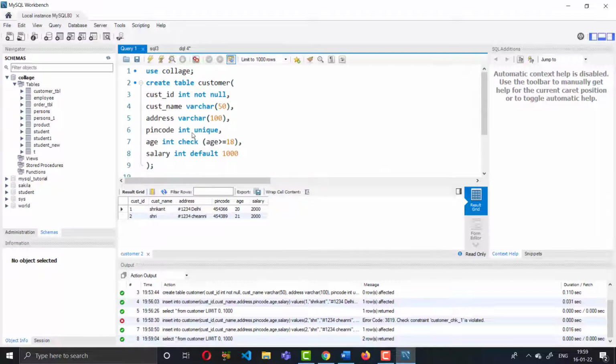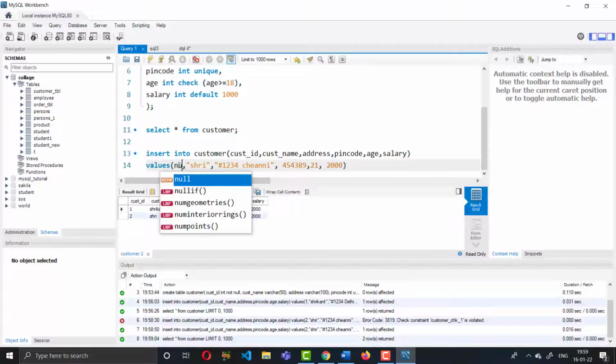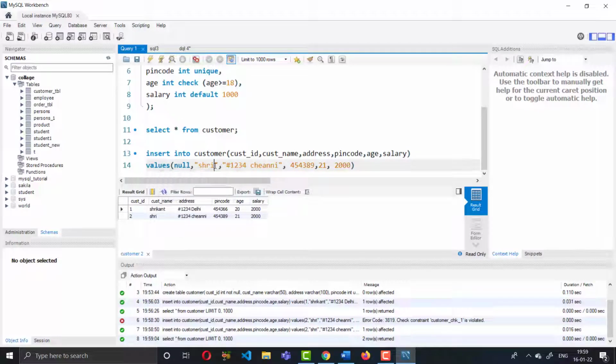Suppose the customer ID is integer type not null, so I am providing null here, and suppose I write the customer name Rahul, and give the address Bombay, and pin code something different, and age is 22, salary is 3000.